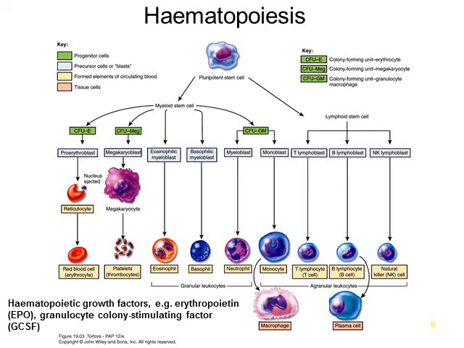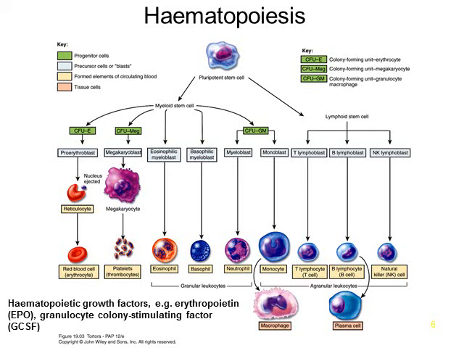Next to that, the myeloid stem cell, if exposed to colony-forming units megakaryocyte, will become a megakaryoblast. The megakaryoblast will develop further into a megakaryocyte, which then buds off to form platelets or thrombocytes. Alternatively, in the myeloid stem cell lineage, cells can either become eosinophilic myeloblasts, which will develop to eosinophils, basophilic myeloblasts,